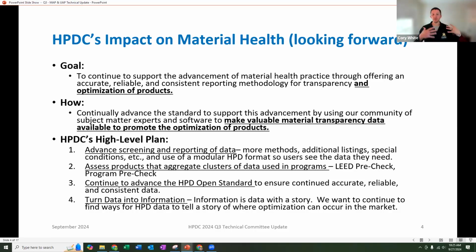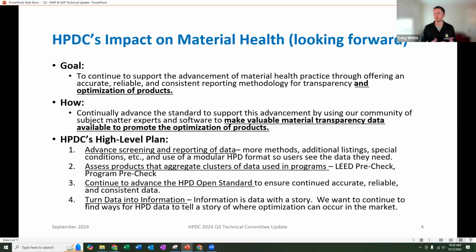So we take that data and we turn it into information that's valuable for people. And the way we're doing this now is, a lot of people are familiar with the LEED pre-check, but we also have other program pre-checks we're implementing. And then what Wendy was alluding to was, we can now have project teams can have their own pre-check.